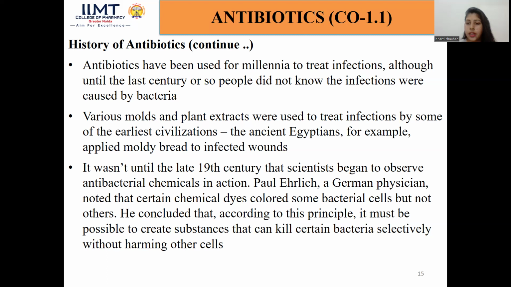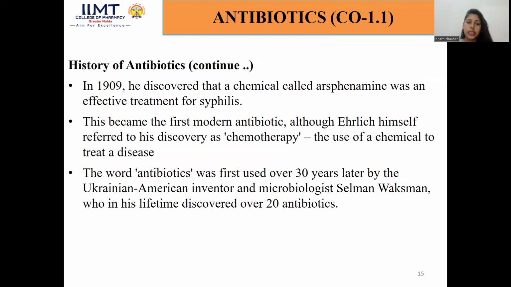Next, it wasn't until the late 19th century that scientists began to observe antibacterial chemicals in action. Next, in 1909, Ehrlich discovered that a chemical called arsphenamine was an effective treatment for syphilis. This became the first modern antibiotic, although Ehrlich himself referred to his discovery as chemotherapy, the use of chemicals to